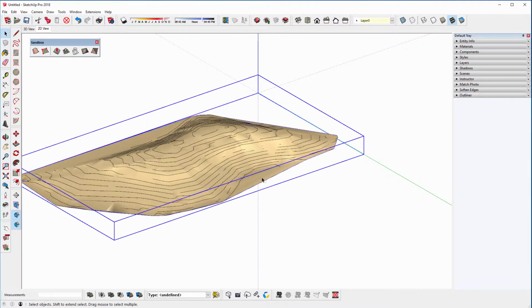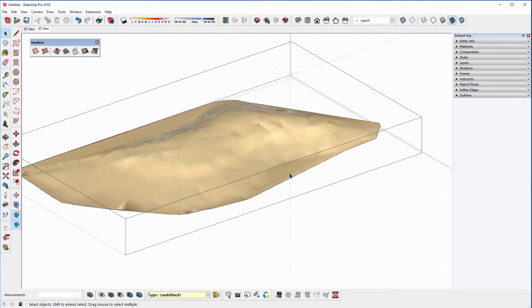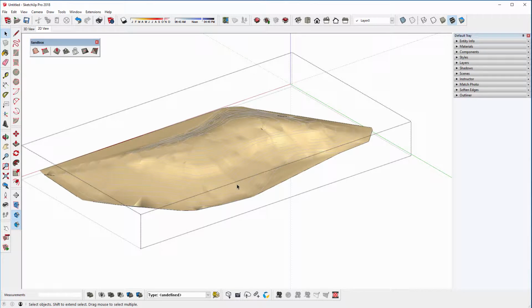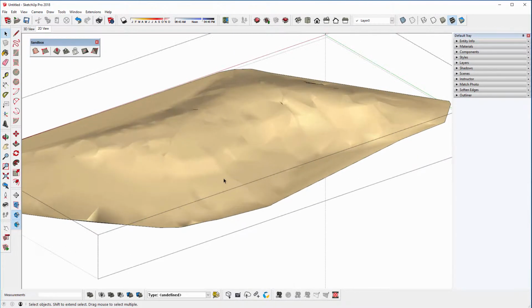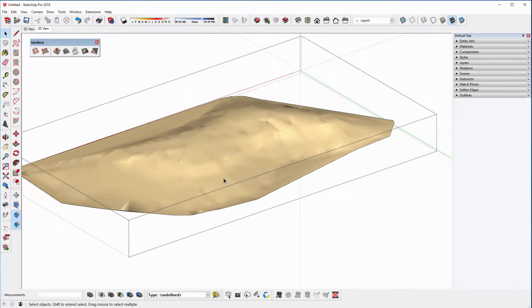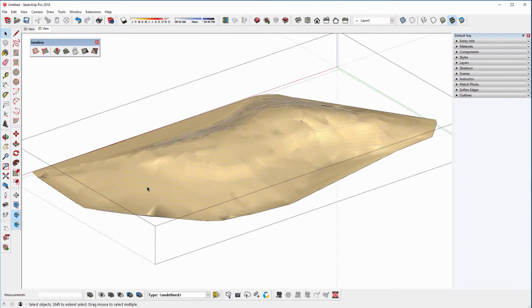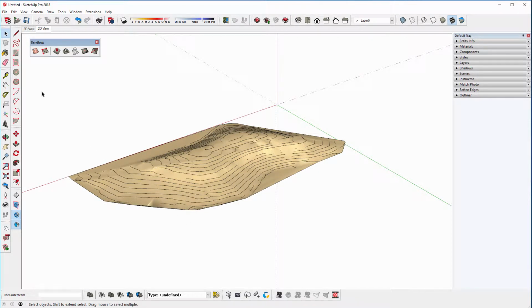So that surface automatically gets put into a group. If I double click on that, and again from an earlier tutorial, if you press the H key, you can see it hides the contour lines because they're not in the group. So what we might do is select everything,